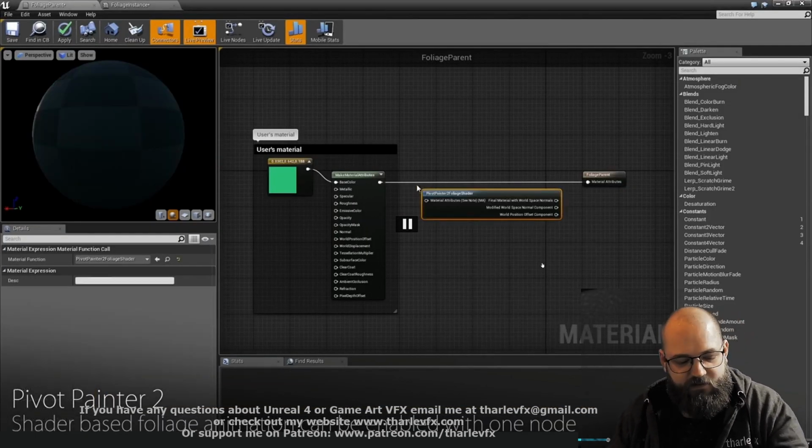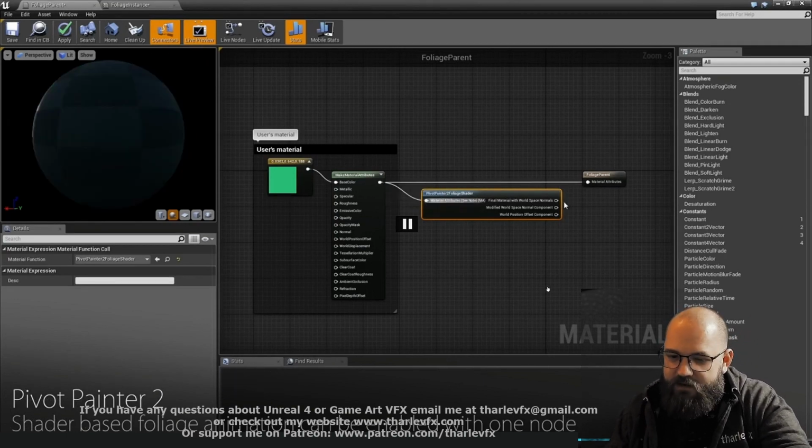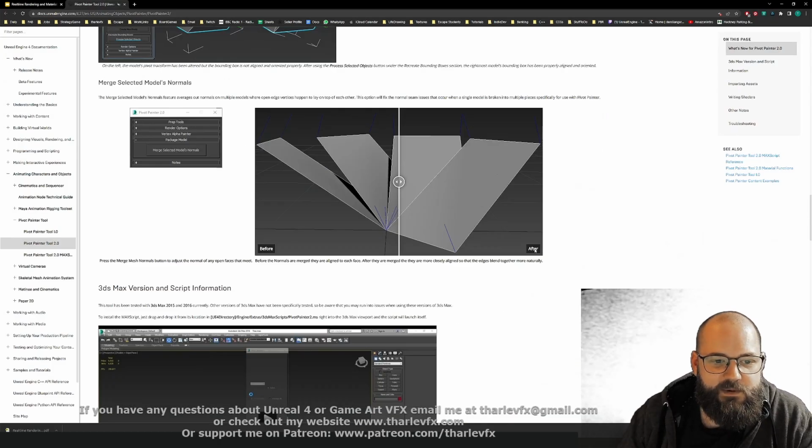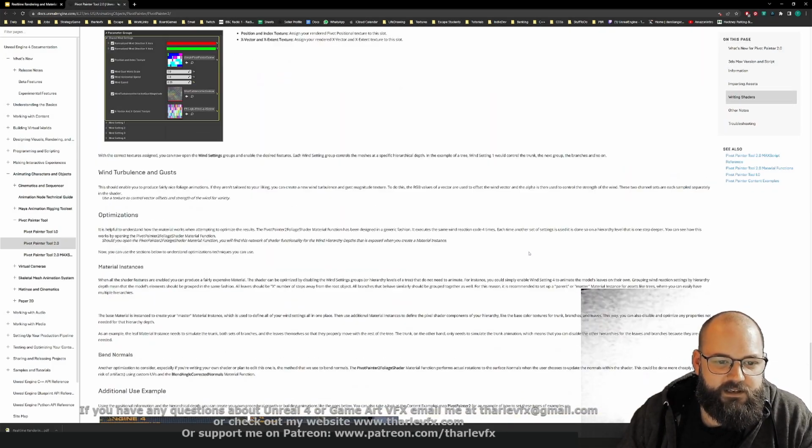Very easy to set up in the material. A little bit of pre-processing is required to get that information, and there's some fun VFX things we can do with it as well. If we scroll down to the other examples,